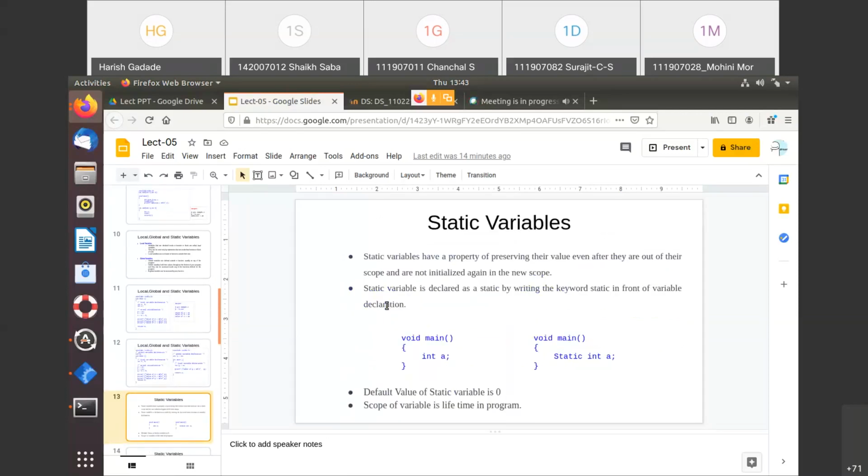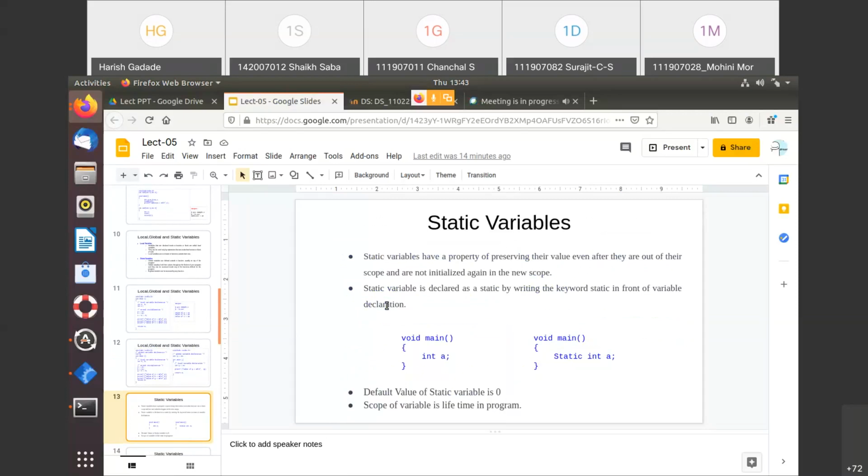So see, the local variable and the global variable are actually the same, only the working is different, but they cannot retain or preserve their value, right?